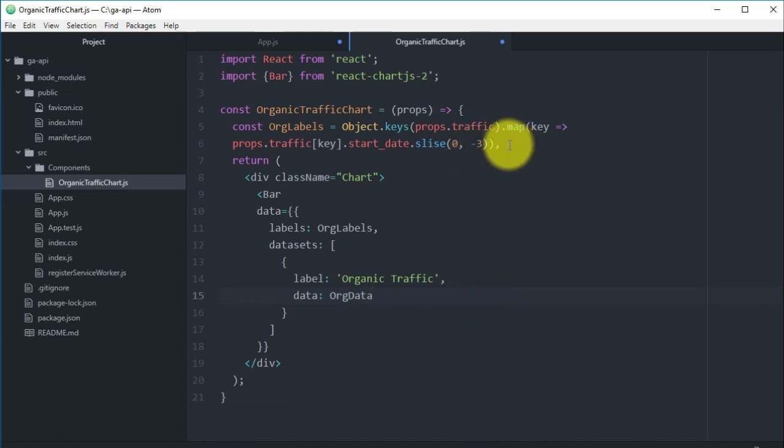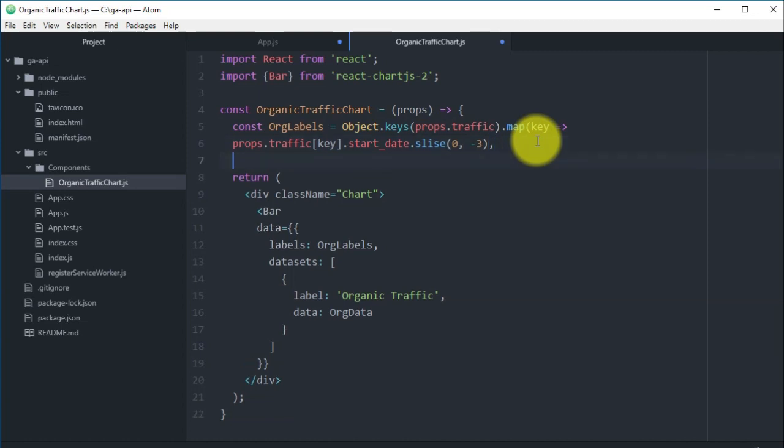So I actually missed something here. So okay, organic label object keys props traffic. Okay, map key props traffic key start date slice. Okay, so this one needs to be here like this. Okay,